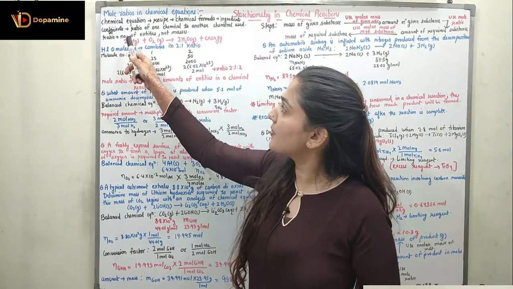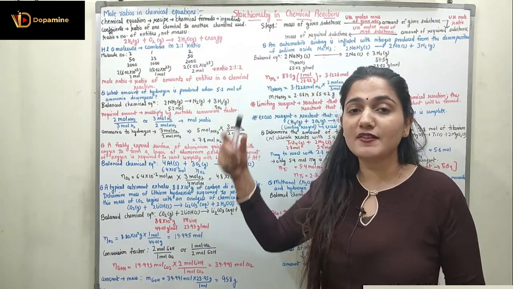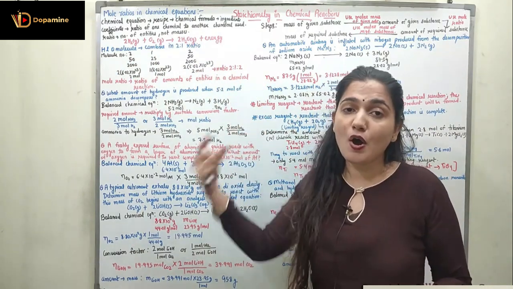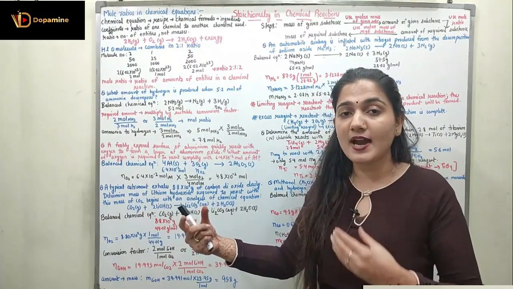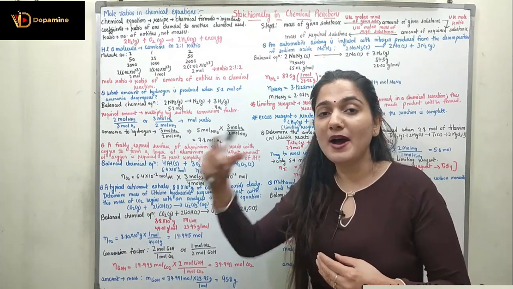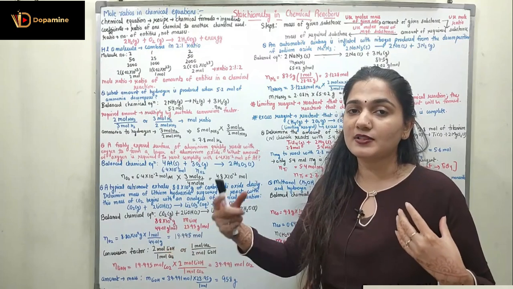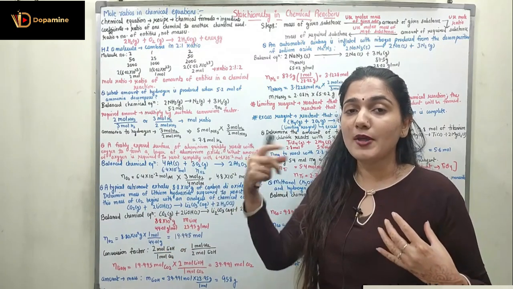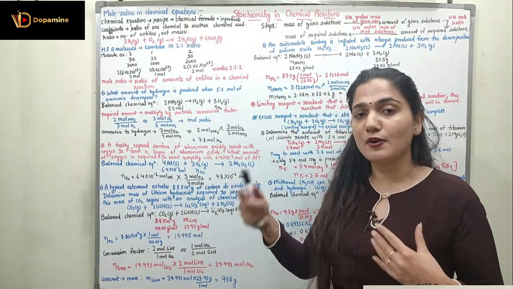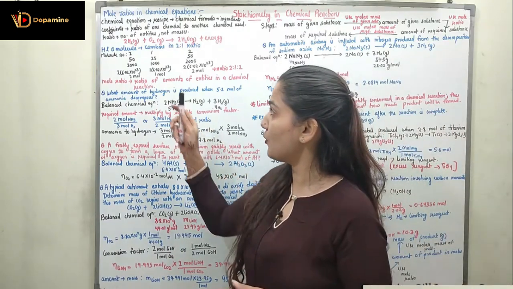So the ratio is giving me the number of entities and it is not giving me the mass. It is giving me how many atoms of one element are combining with the atoms of another element to give the third element. It is not giving me the mass of the first element combining with the mass of the second element to give the mass of the third element. We need to know the mass as well, which we can also find out. So we will see various questions depending upon it.